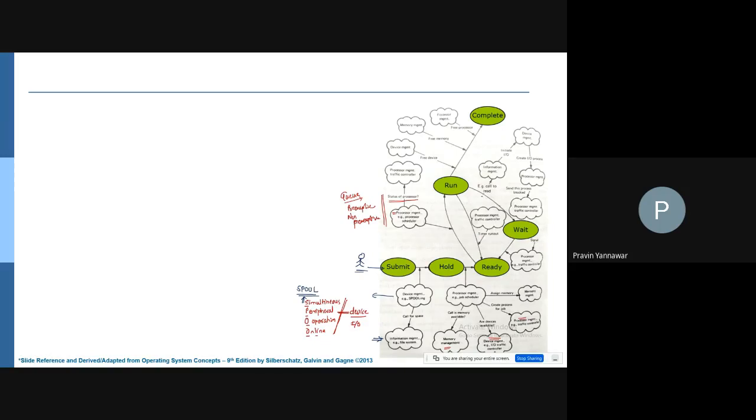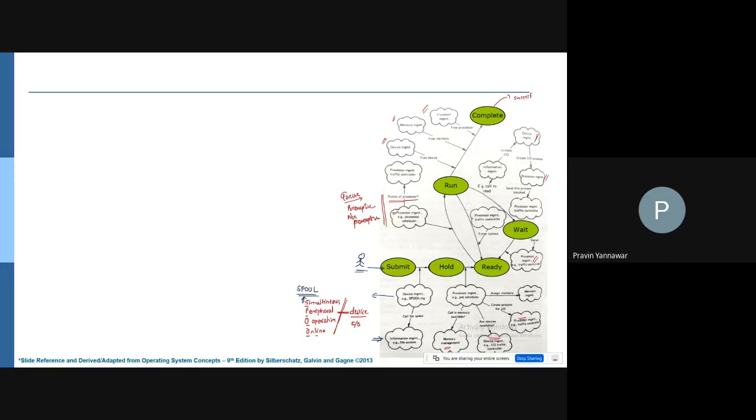Okay, if you look at run to wait, what does it mean? Information management. You need a call, for example, you need device management here. So ready, run to wait, the role is of the device manager. Okay, you need process management. From wait, again, process management comes into the picture. And if you look at run to complete, whatever devices you were allocated, you are freeing that. Whatever memory you have allocated, you are freeing that. The processor which you have allocated, you are going to free that. And you announce here complete